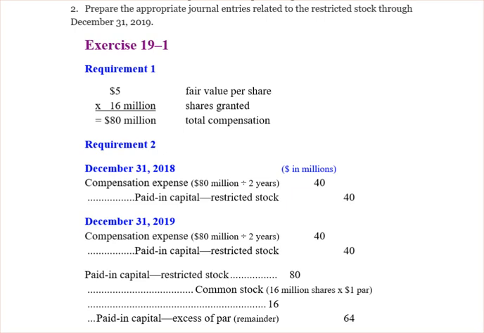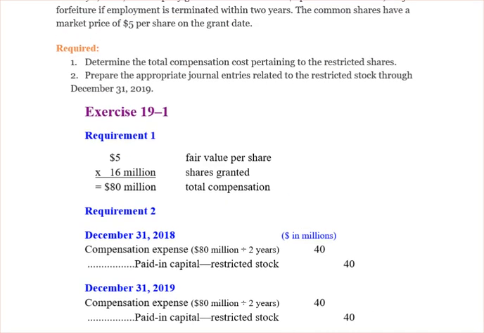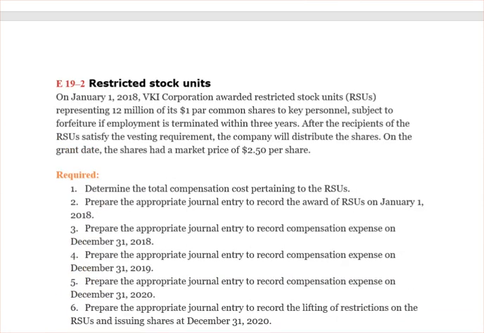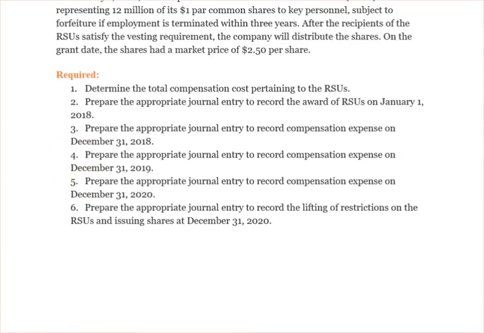So we create the equity as we go along, right, in 2018 and in 2019. And then at the end of 2019, we are reclassifying contributed capital into issued stock versus paid-in capital restricted stock. The same would be done if it was restricted stock units or the actual restricted stock awards. The only thing different would be the paid-in capital RS or RSU caption. Here we have restricted stock units. So in this one,